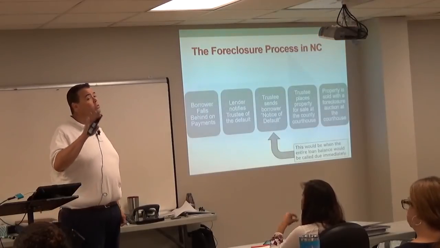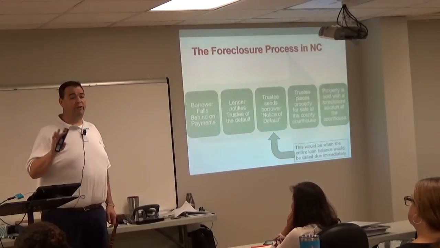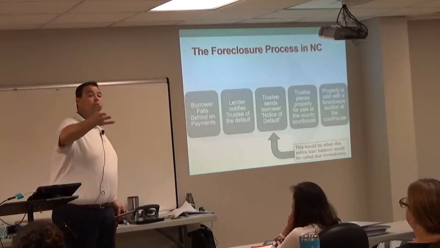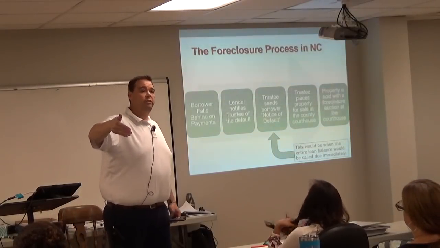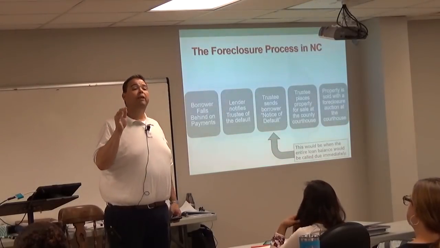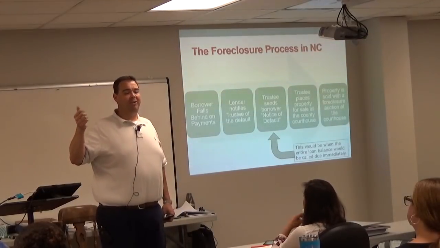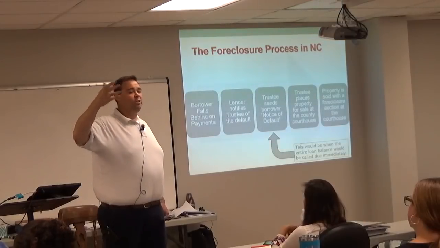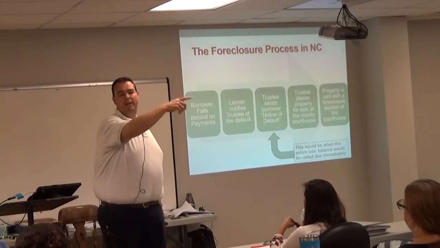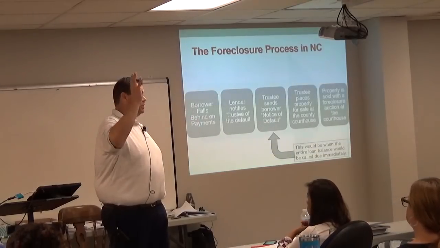Now, it does on rare occasion happen that somebody loses a job at a bank because they forget to bid on a property that they had a note on. Because imagine this, like you mentioned earlier, what if they're paying their mortgage but they don't pay their property taxes? So now they get foreclosed on by Wake County. Well, some trust gets a notice from the courthouse saying this property that you have a lien on is being foreclosed on. So it's in their best interest to either pay the property taxes and then foreclose themselves, or buy the thing at the foreclosure auction. Does that make sense for everybody?